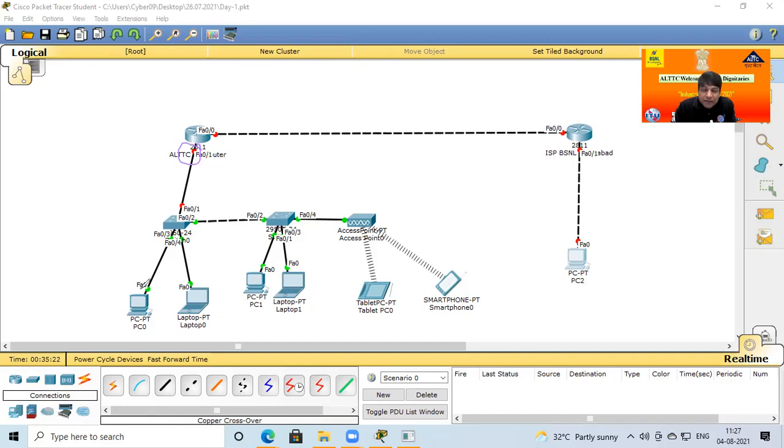And another thing: if devices are similar, use a crossover LAN cable, and different devices use a straight-through LAN cable. And one more cable is the console, also called rollover. This cable is used only for display and configuration purposes. So tomorrow again in the session, allotment of IP and how this network works within the campus.